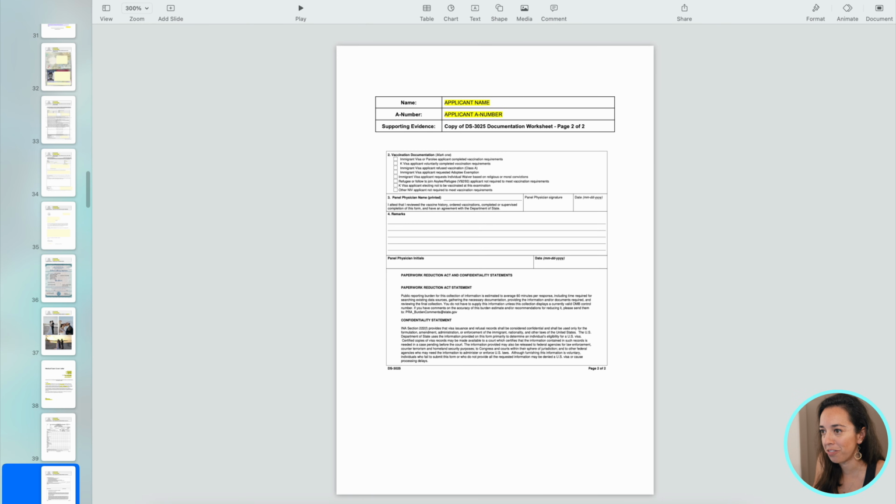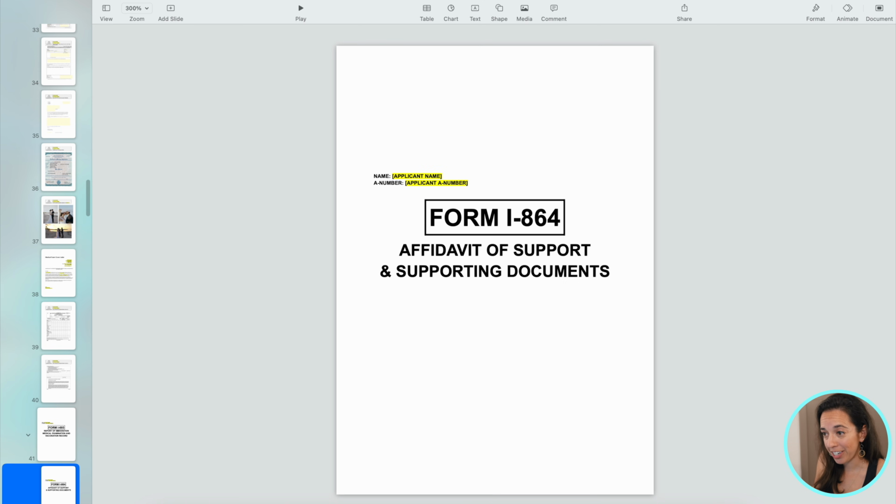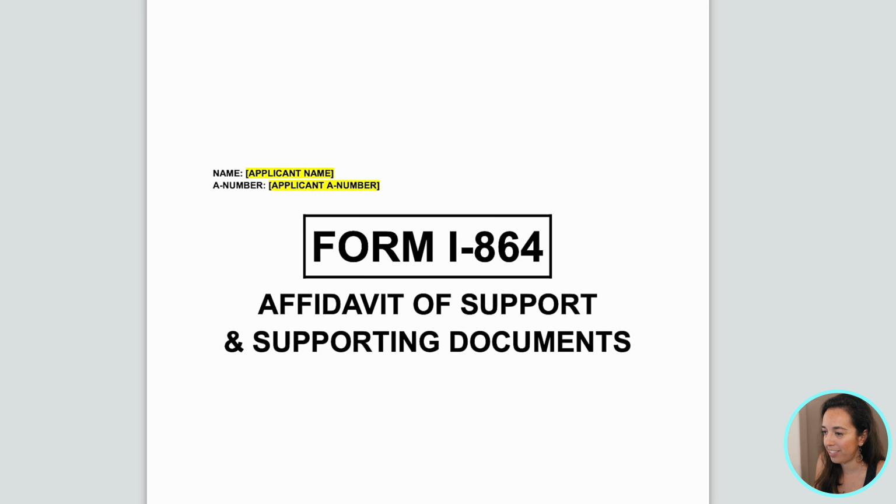Here is part 2 of that form. Just as a guide, here's how you can create a title page for your I-693 Medical Examination form. The next page is our cover page for the I-864 Affidavit of Support form. Again, this is just a continuation of our Adjustment of Status packet, considering that proof of financial support is a